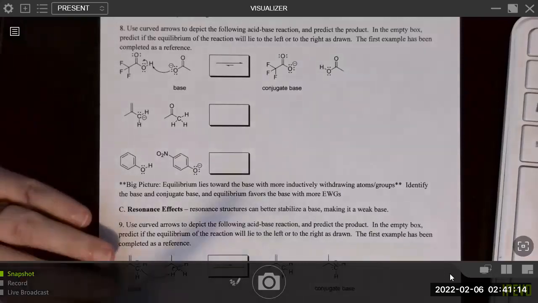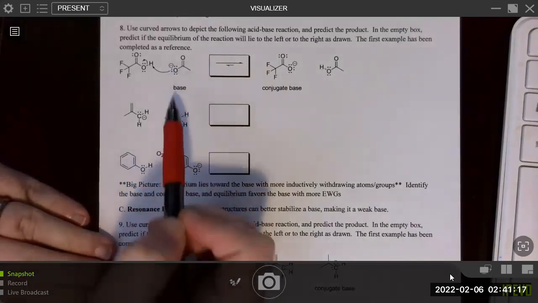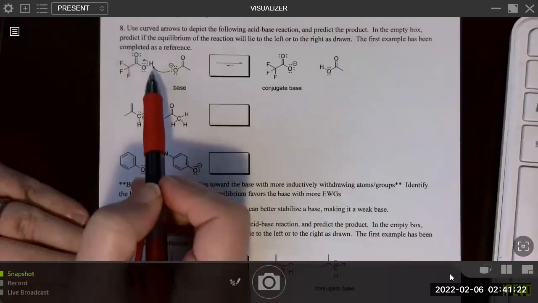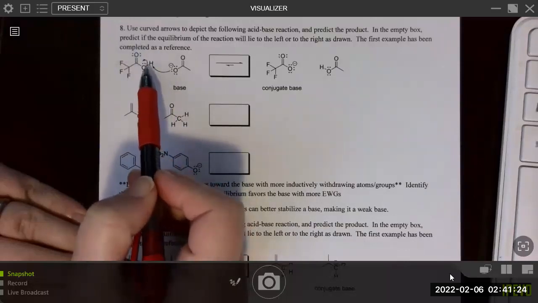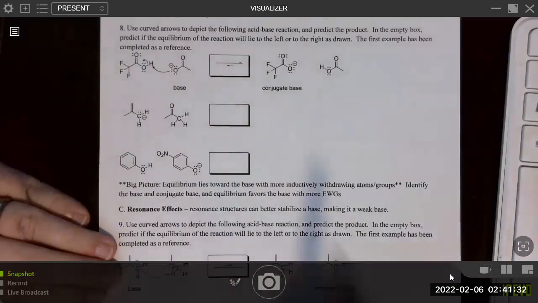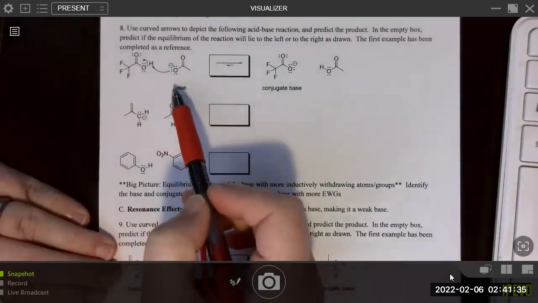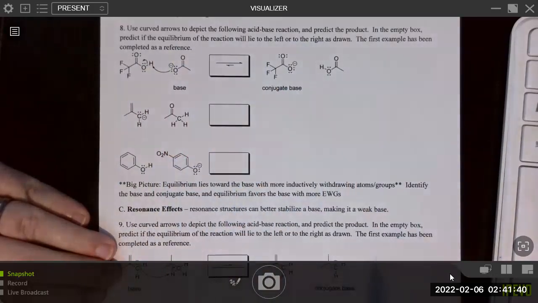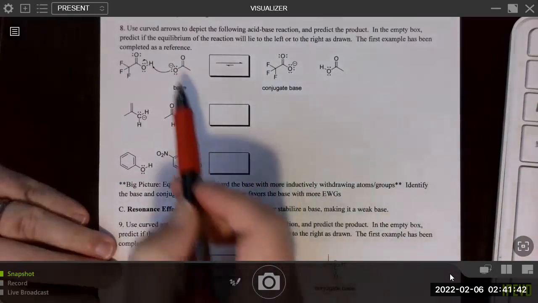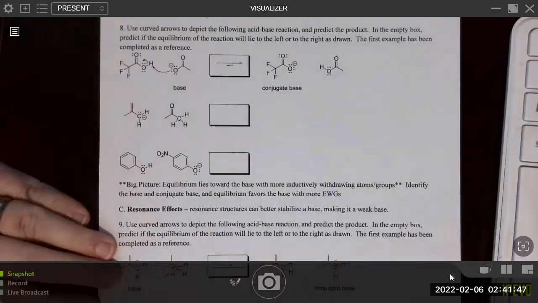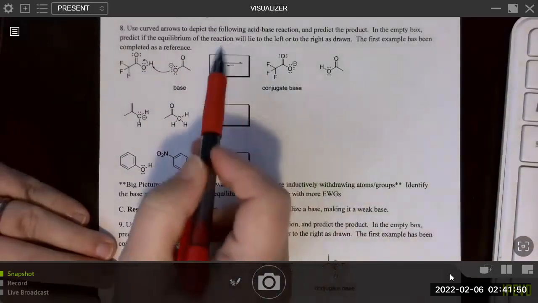So they've noted that the atom with the negative charge is probably the base. So it's taking the proton from what's going to be our acid, and that lone pair gets left, or the set of electrons in this bond gets left as a lone pair on this oxygen atom. So then based on what we have here, with the transfer of the proton and the electrons, right, we can draw in the products. And then we can label what's most important, which is the base and the conjugate base, because that's what we're going to use to figure out the position of equilibrium.